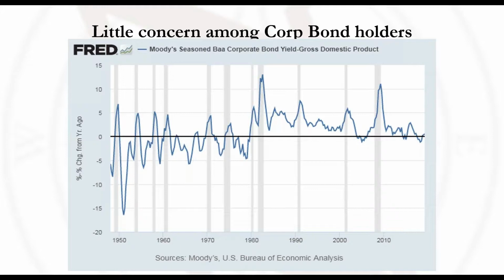What this chart is showing us is it's relating corporate bond yields relative to the growth of the U.S. economy. So it's that simple metric. But what you'll notice is that the blue line spikes leading into recession, and that's simply saying that corporate bond yields are going up more so than the growth of the economy, and it's saying people are selling corporate bonds, and so what you'll see here is a really good correlation between what happens there and